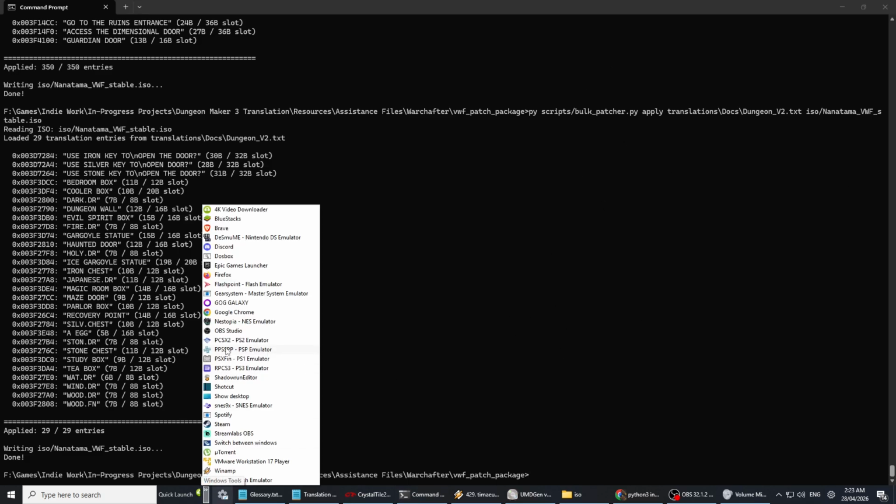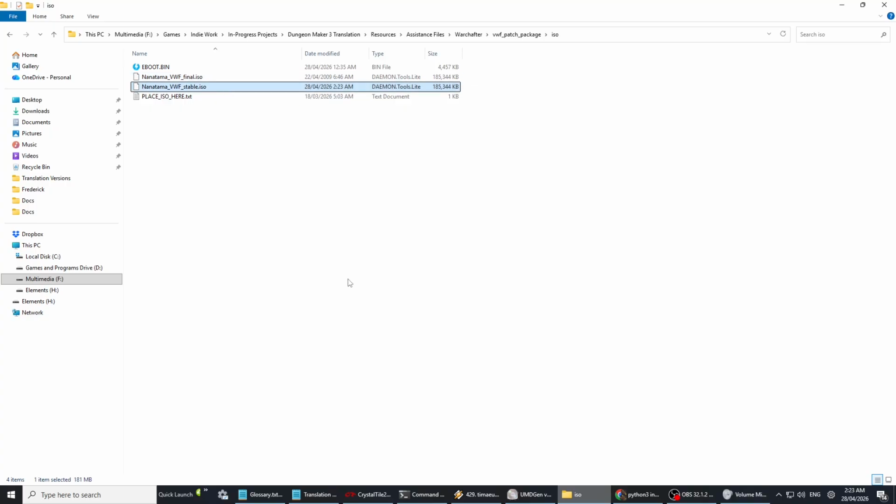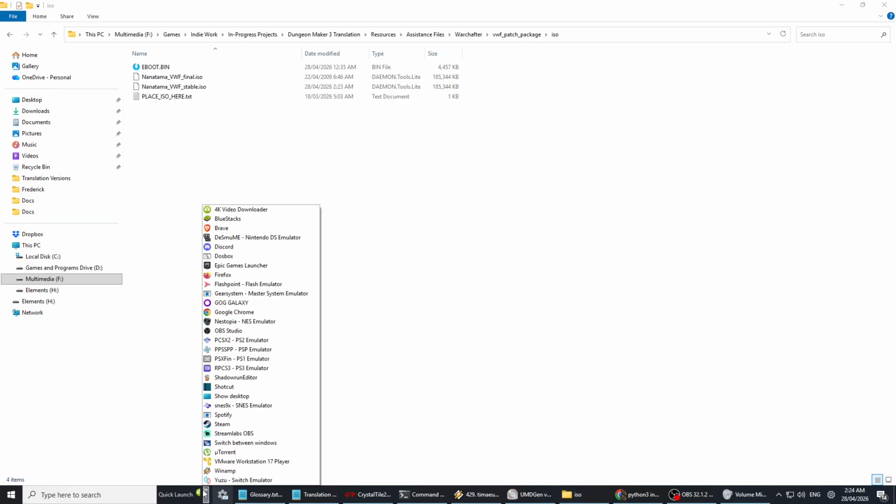If I go to that once you finish this, you see it writing ISO Nanatama_VWF_stable.iso. That's this one here. You'll have that after running it. You may even have it after doing the first bit as well. But every time you apply my extra changes, it's going to make a fresh new version of this every single time. The way you test it,